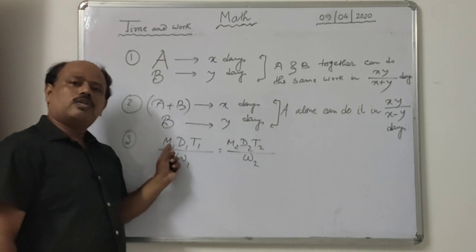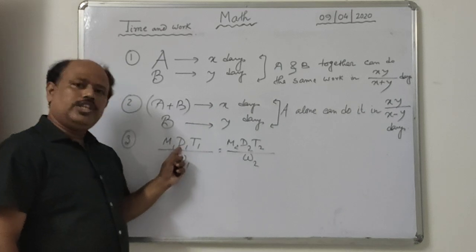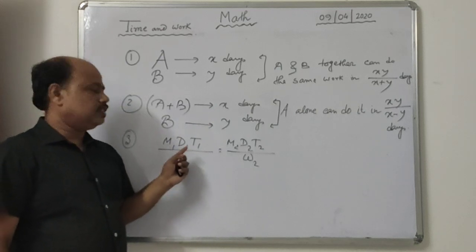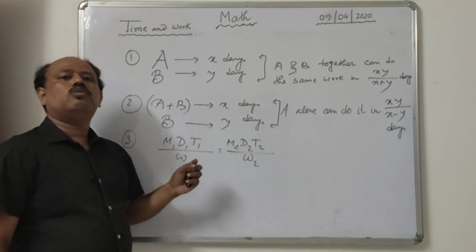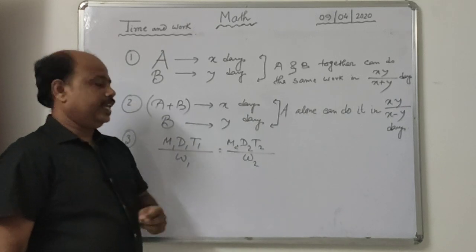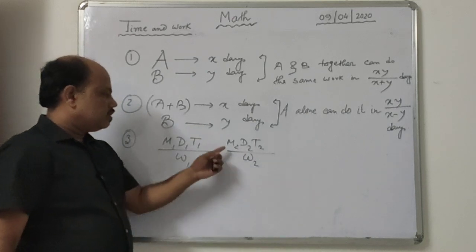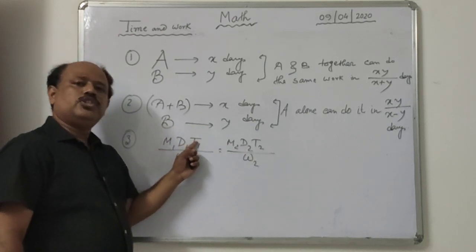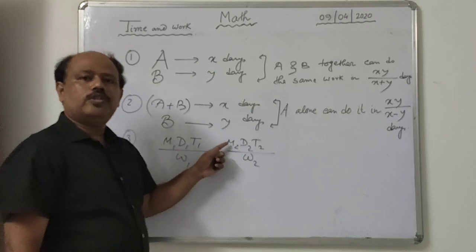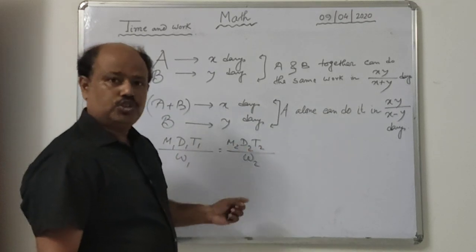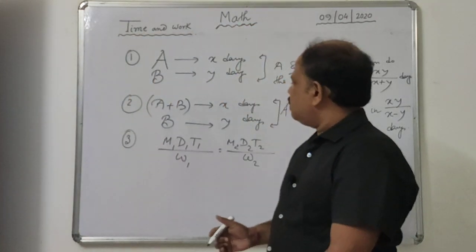M stands for number of men, D stands for number of days, T stands for working hours per day, and W stands for quantity of work. Same thing, M1 D1 T1 by W1 equal to M2 D2 T2 by W2. Okay, this is the